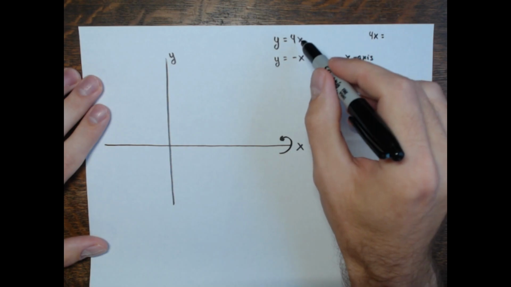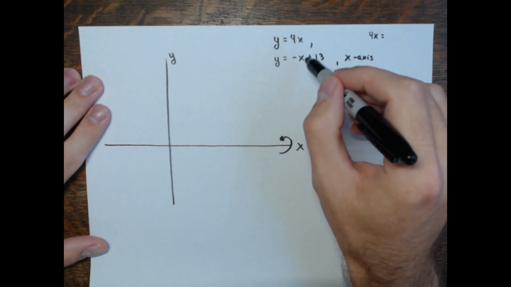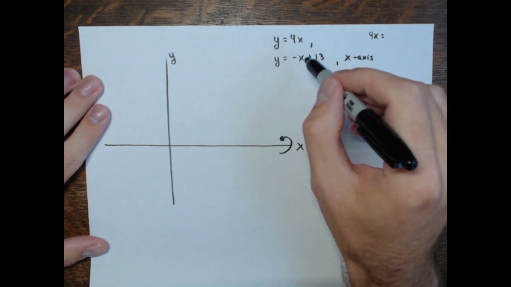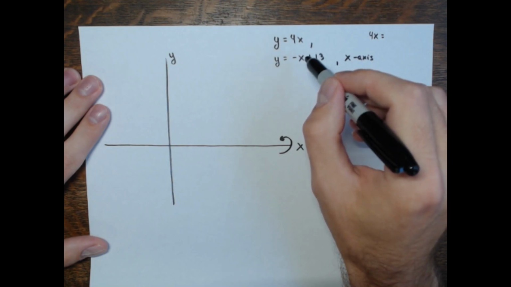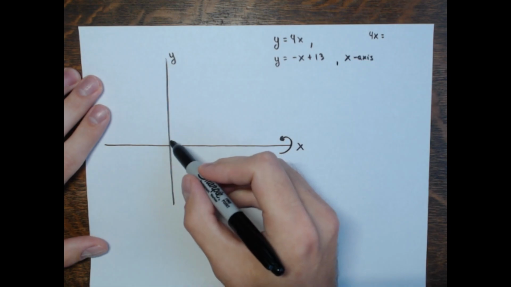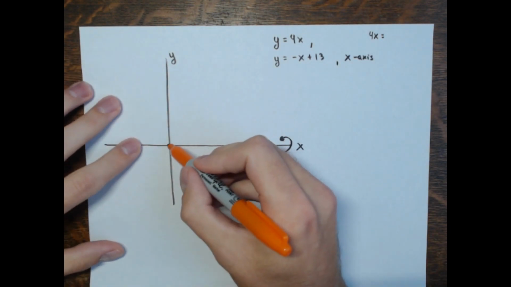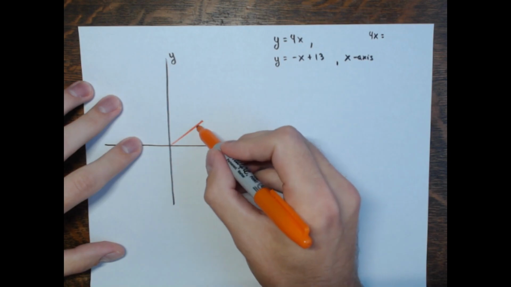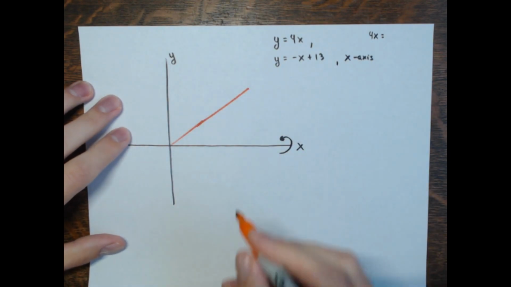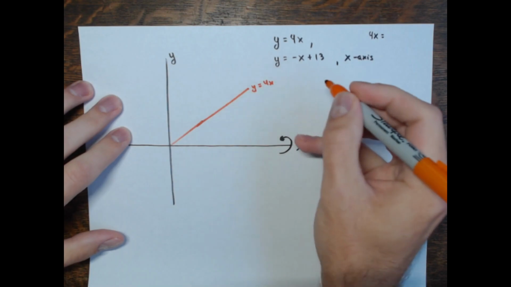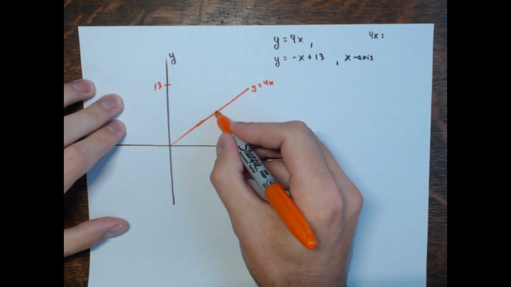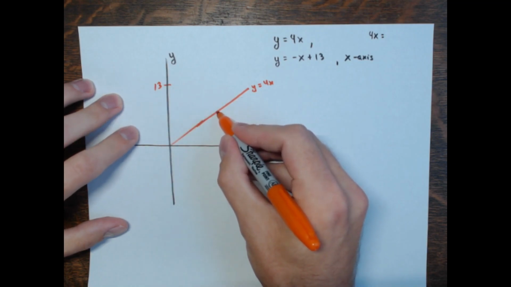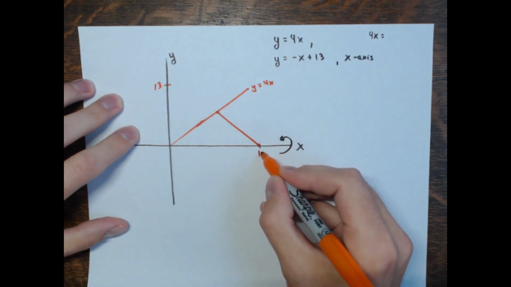You'll see that when I do the disk method, I need to know where these meet. If I did the shell method, I won't need to know where these meet, because I know this. I know y equals 4x is a line with a slope of 4 going through the origin. And y equals negative x plus 13 would have a y-intercept of 13 and a slope of negative 1, so it would be going downwards,